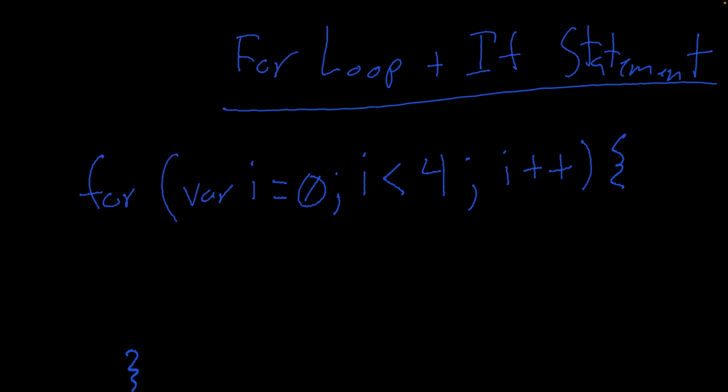And now what I want to do is write an if statement within this for loop. We can combine for loops and if statements. So let's write an if statement in here. If, and what do I want to check? What about if i is even, console log something? Yeah, but I haven't introduced the modulo symbol yet, so I don't want to confuse too much. What I want to say is, let's say if i